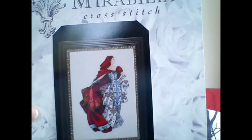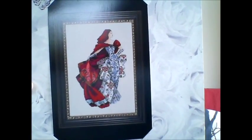So first of all, a quick update on kitting up my Mirabilia. I'm doing red. I got this for Christmas and haven't started it yet. I wanted to finish a bigger project before I started this, but I'm getting more like I want to start it. So anyway, I showed you before that I got the floss for this,